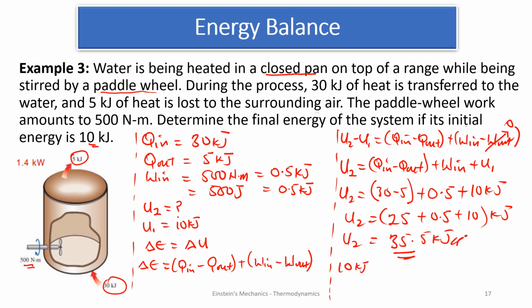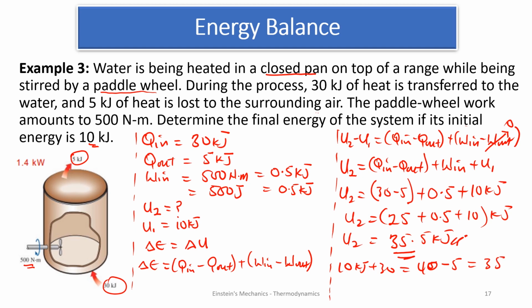And when I was doing analysis, 30 kilojoule of heat was added. My system was already there with initial energy of 10. Heat of 30 was added, so plus 30. I'm getting 40 now for the system. Then 5 was lost, minus 5, giving me